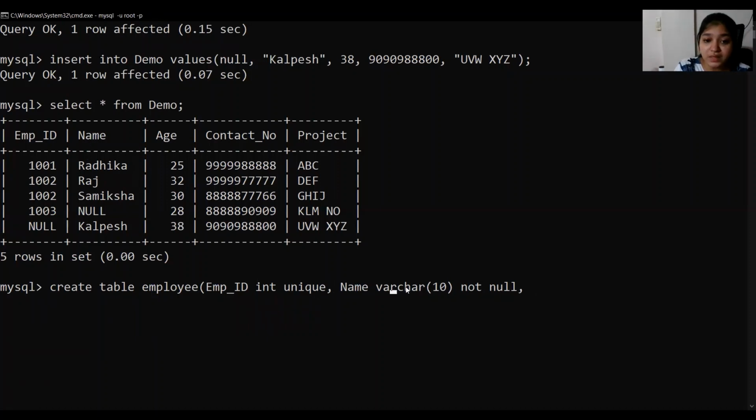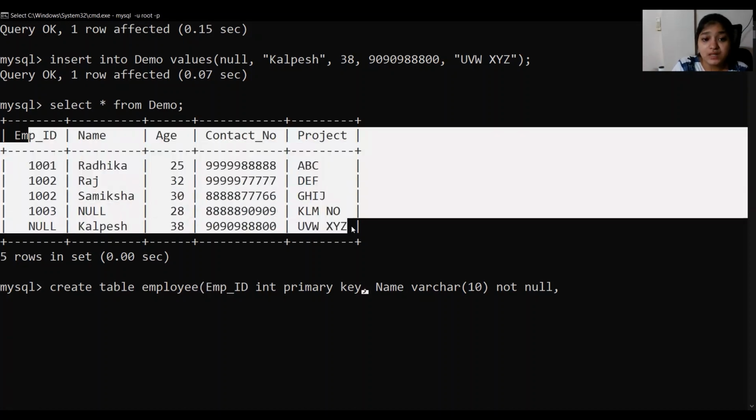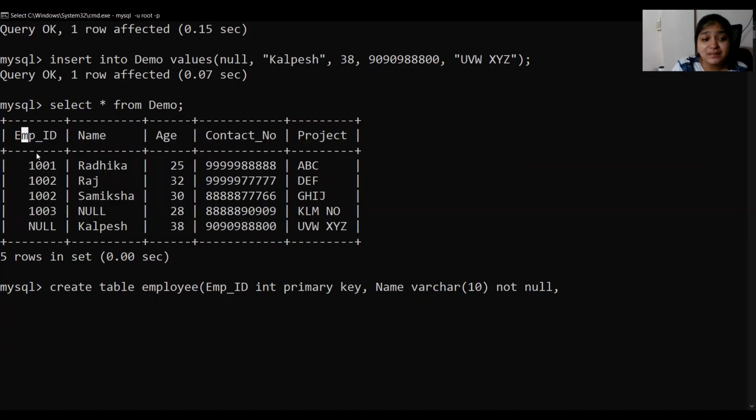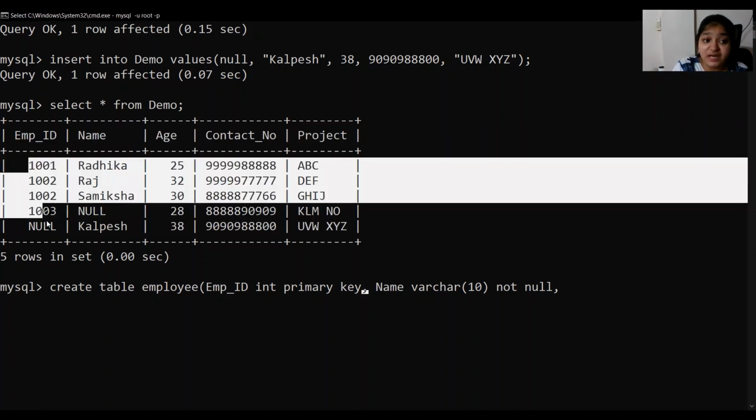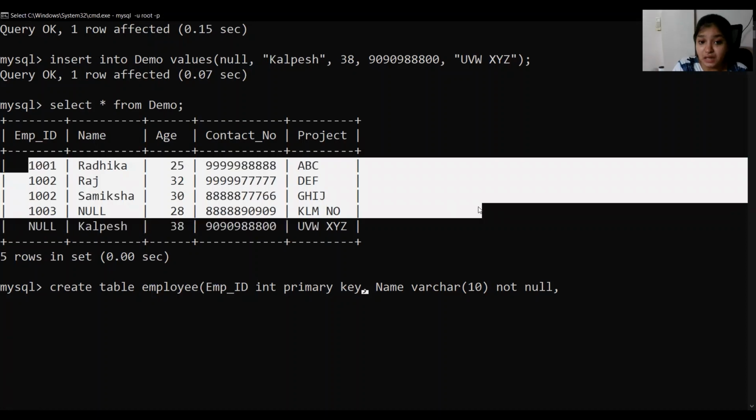So what we can do is write employee ID as our primary key. What is a primary key? Primary key uniquely identifies the table. So here, our employee ID will uniquely identify each row, because employee ID is supposed to be unique for everybody and cannot be left null.